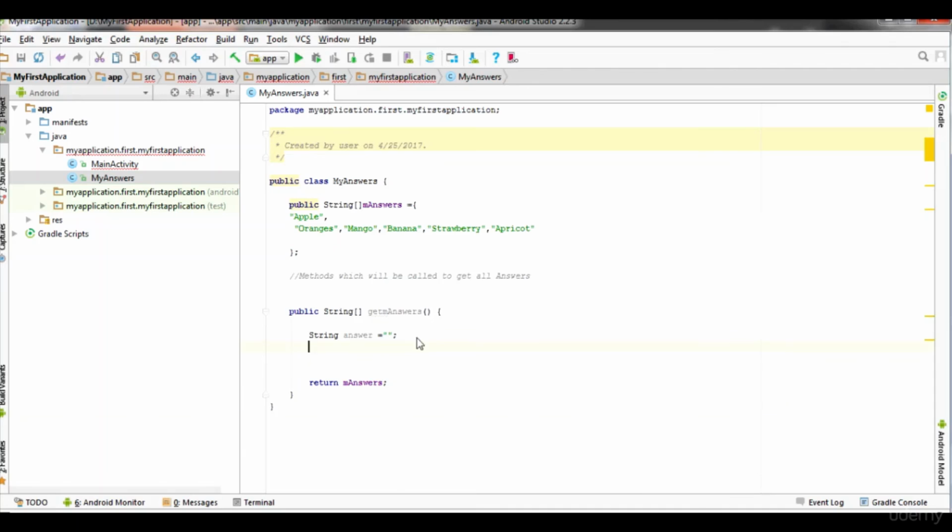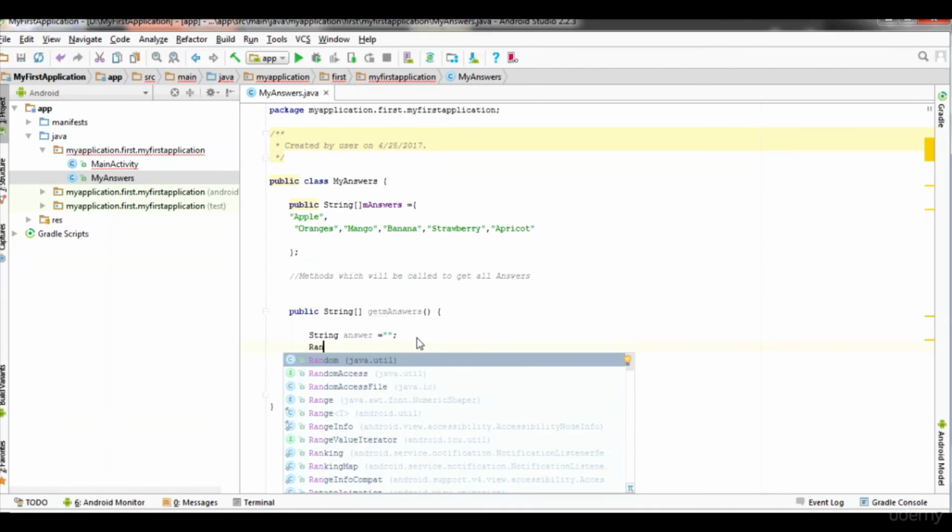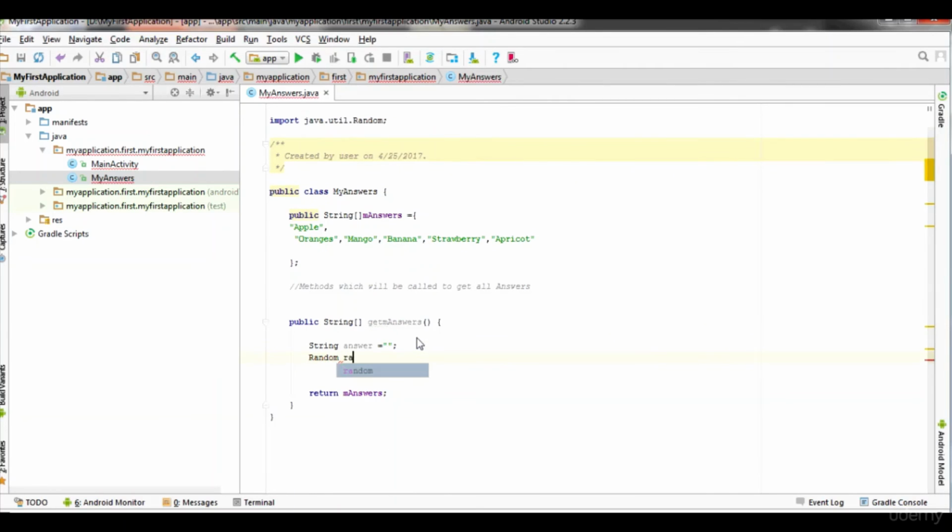I'll define Random, with a variable name randomGenerator, whose value is new Random. So basically we are constructing a new random number generator.